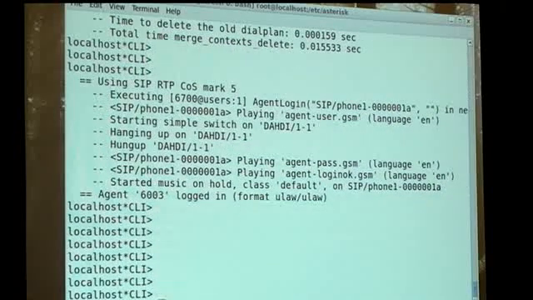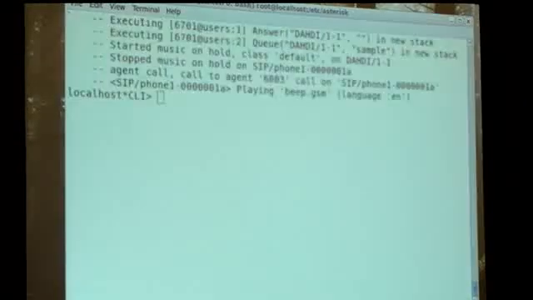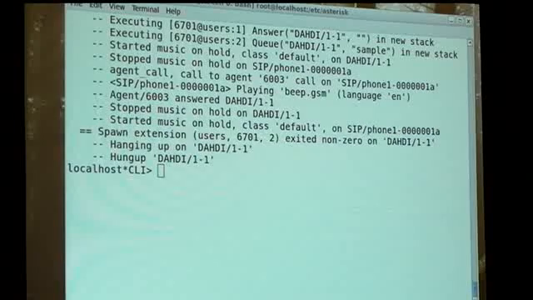Now when the caller calls in, 6701. What's that? I did. No, it's still there. Hello? Can you hear me now? All right, go ahead and hang up. And I'm logged in and ready for the next call. Right. And then, as soon as I want to log out,